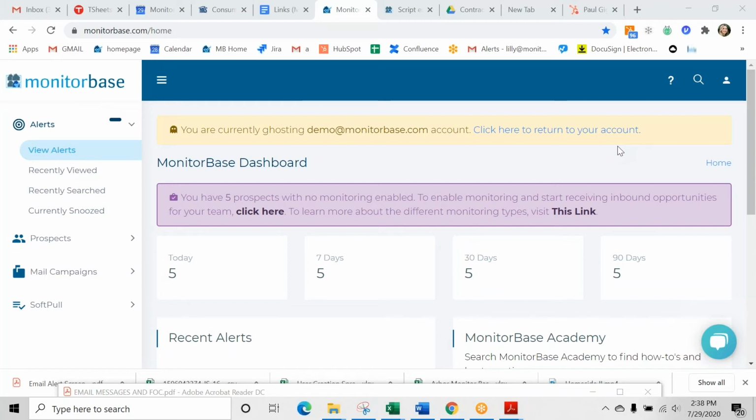So Monitor Base solves these problems by letting you know when one of your past clients has had their credit pulled for a mortgage, indicating obviously that they're back in the market, they're applying with a competitor, and so we'll deliver those notifications to you. And this also allows you to focus your marketing strategies on those people with the confidence that they are back in the market, as well as reduce any of that unnecessary nag on your past clients that aren't in the market.